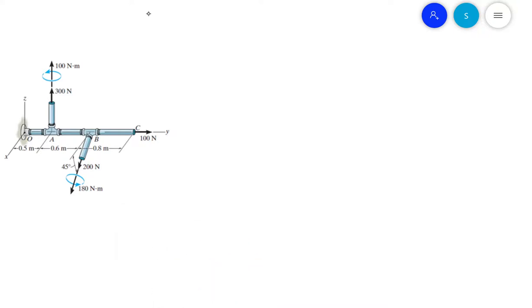Okay, so this is the group problem solving 2 for chapter 4. We speak about moment, section 7, simplification of a system of force and couple. On this pipe, we have a force F1, a force F2 there, and a force F3. So we have a system with 3 forces in 3 different directions, and we also have